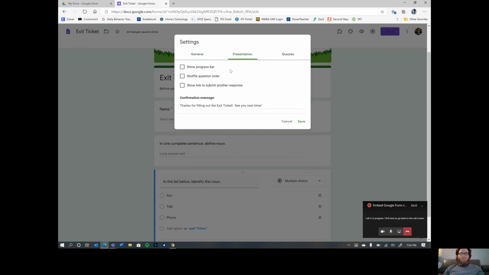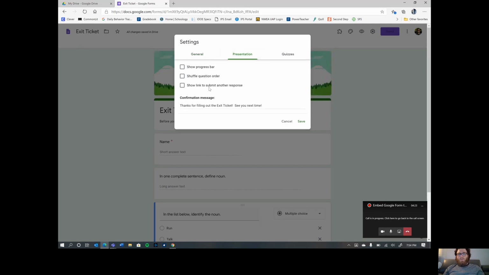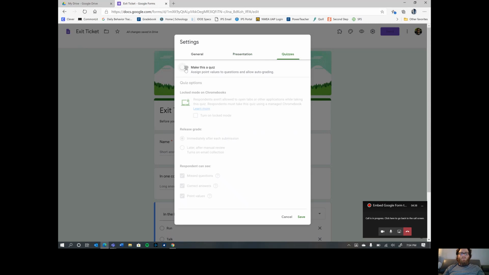And then in presentation, you can have a progress bar and shuffle the questions. So if you were doing this as a quiz, you could have a progress bar showing that it had 20 questions. And if you didn't want students to have the same experience, you wanted it to jump questions, you could shuffle that. And if you are using it as a quiz, it has a ton of options. Like you can lock it to Chromebook. So if they're logged into their IPS account, they're using a Chromebook, and you turn on locked mode, it will put the form in full screen, and they're not able to leave that Chromebook until they submit the form. Okay, so that's kind of cool,